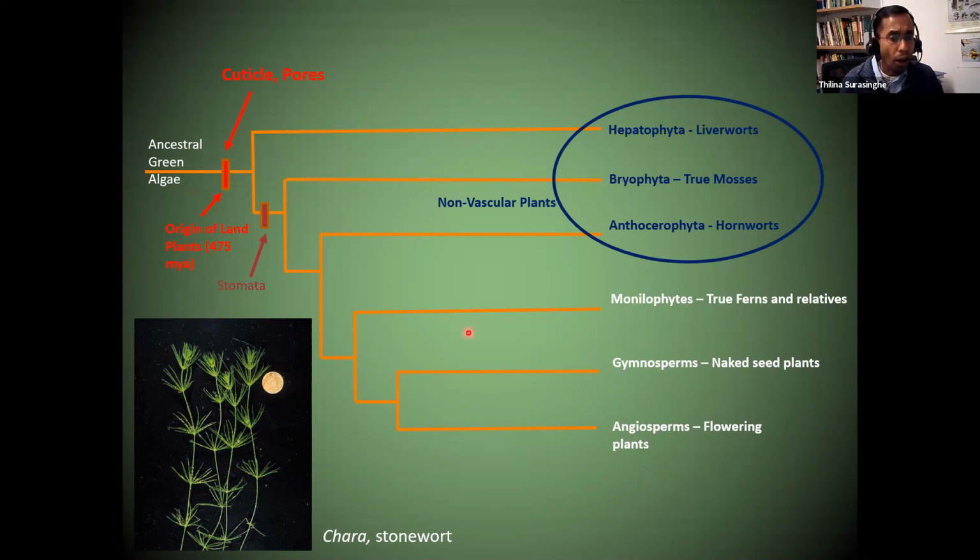The gaseous exchange is not just a problem of roots, but if the above ground component of the plant can exchange gases, the roots can actually piggyback on that gas exchange from the above ground parts. So you need to have some sort of a pore, right, within the cuticle embedded around the plant body that circumvents the problem of the cuticle. So understand what I'm saying here. Cuticle is important to prevent dehydration, right? That's what happens when you're on the land. The pores are important to facilitate gaseous exchange